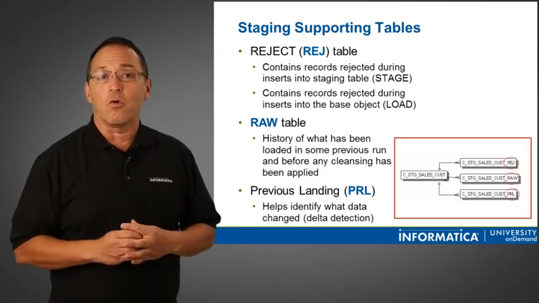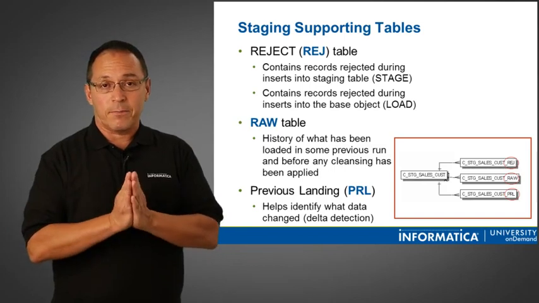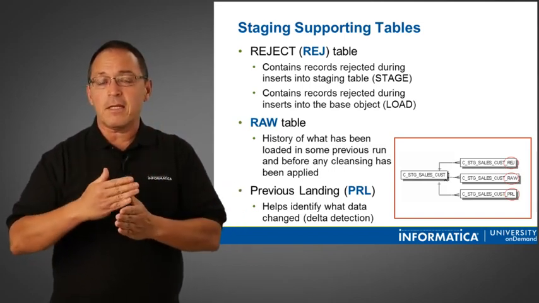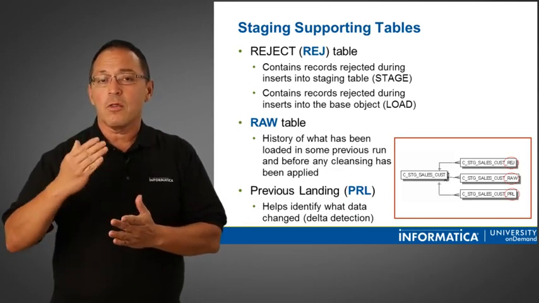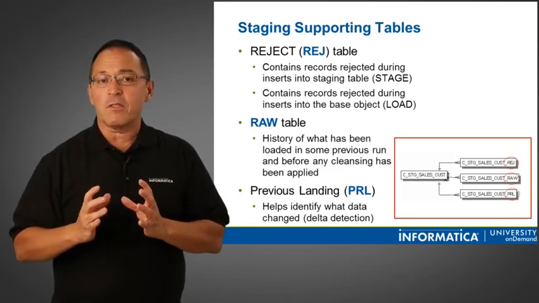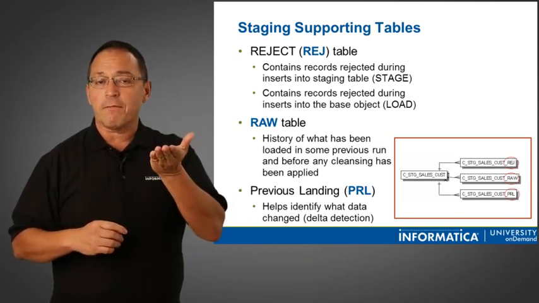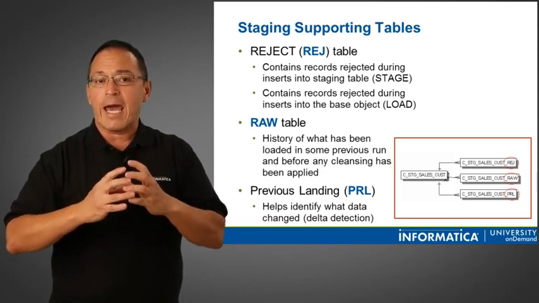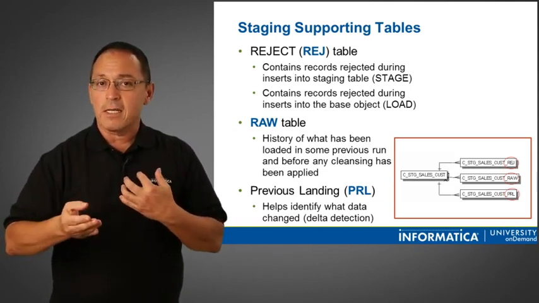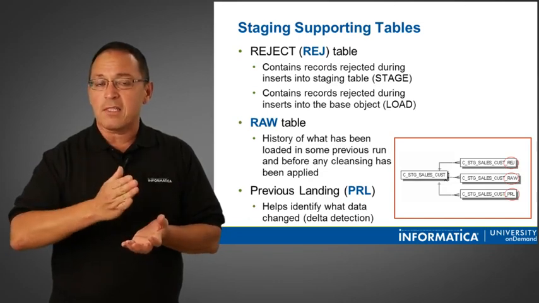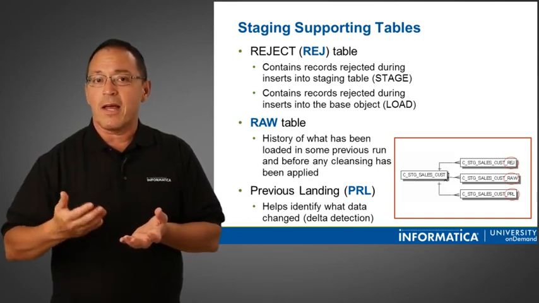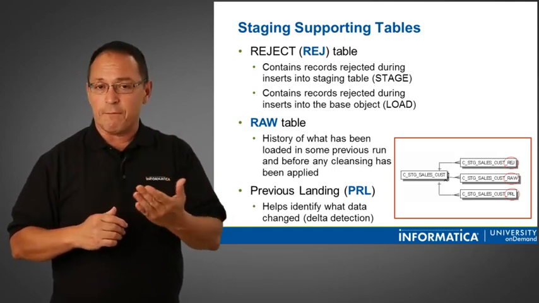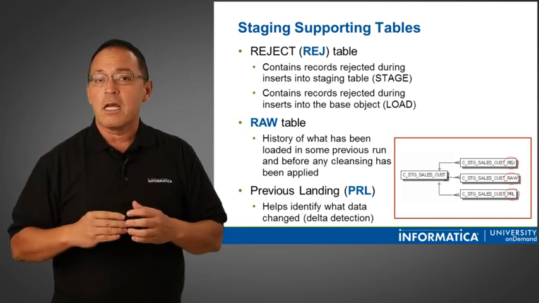Let me go now to the reject. Why did I save this for last? Because it's a little bit confusing. Every phase, the landing, the staging, the load, the match, the merge, all those phases we have been talking about, have a configuration phase and an execution phase. Configuration is where you configure it. Execution means when we are running it and moving the data from one stage to another, one phase to another. That's the execution. Well, in the staging, we configure raw, we can configure PRL for delta detection, but when we